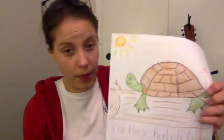Hello, my friends. So, yesterday I shared with you a book called An Egg is Quiet, and I drew a picture of one of my favorite animals that lays eggs. Turtles lay eggs and hatch from eggs. Today I'm going to read you a book about one of my other favorite animals that also hatch from eggs,